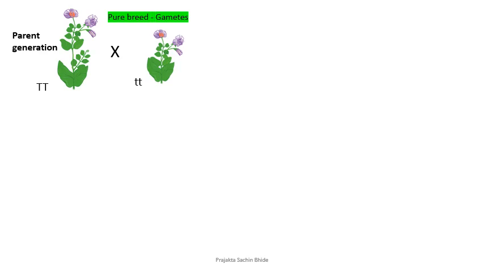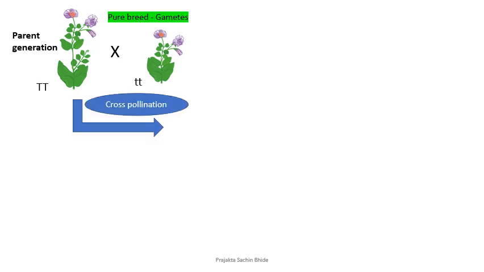They were cross-pollinated, and what he observed was the next generation. Now, after parent comes F1. In this F1 generation, all of the plants were tall. There were no medium height plants at all, which meant that only one of the parental traits was seen and there was no mixture of these two.